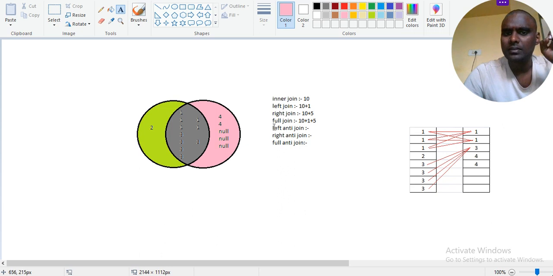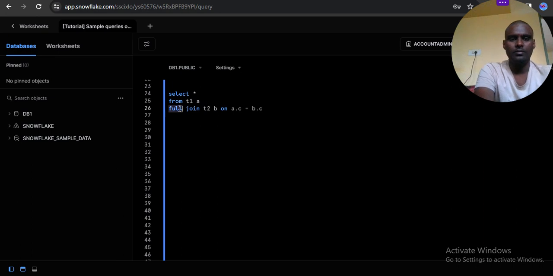Left anti-join means I want all the records from the left table, but I don't want inner join records. That is a left anti-join record. Left anti-join means I want left table records, but I don't want inner join records. You got it right? So how you can treat it, so for example,